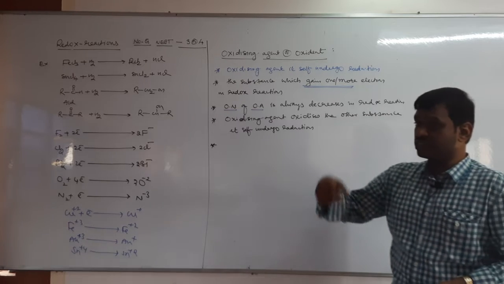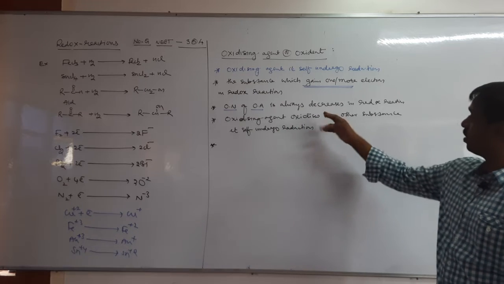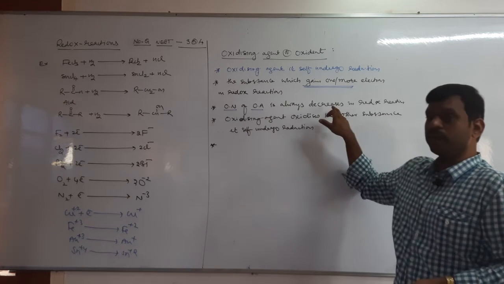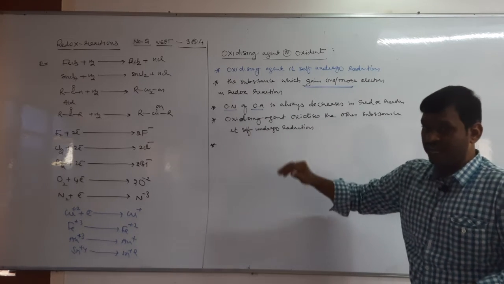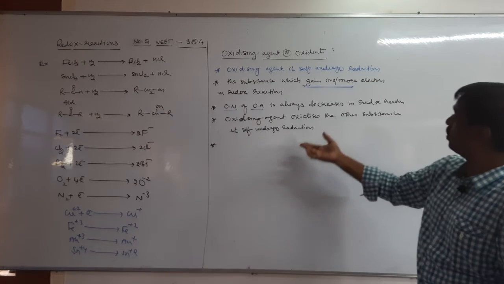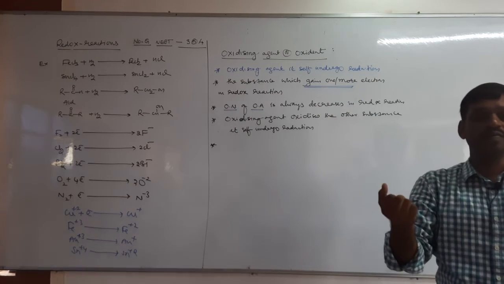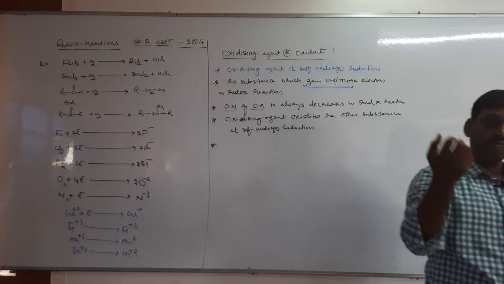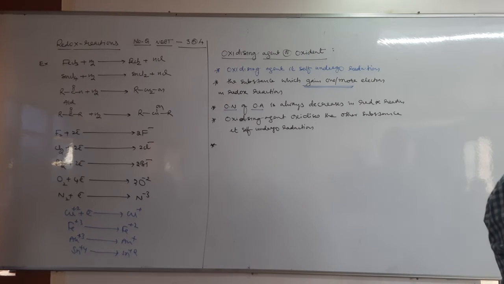If they have the highest oxidation state, then only can they decrease in oxidation number. If they have the highest oxidation state, then only can they gain electrons. Therefore, the substance can act as an oxidizing agent generally in its highest or maximum oxidation state. They can gain electrons, or convert highest into lowest, decreasing oxidation number.